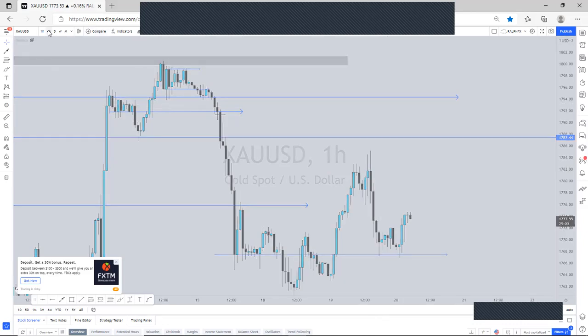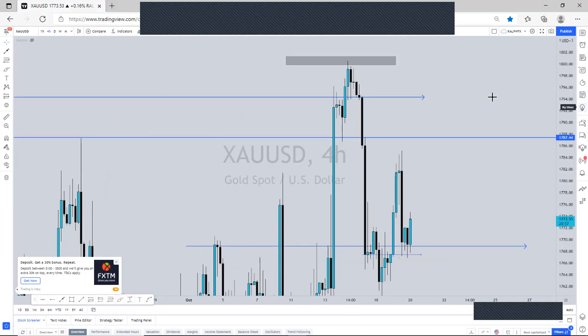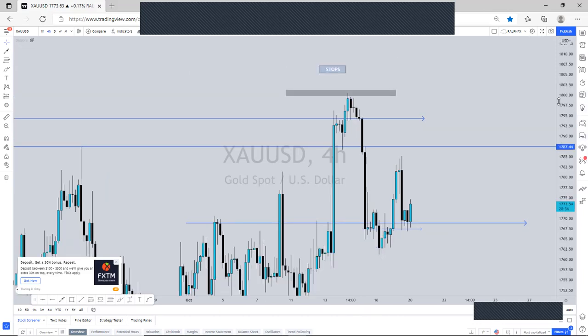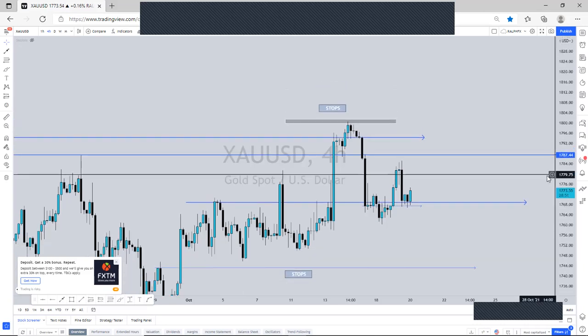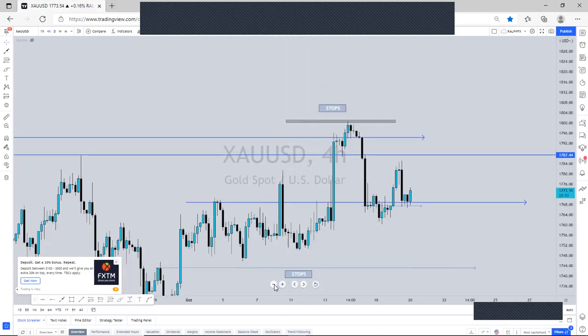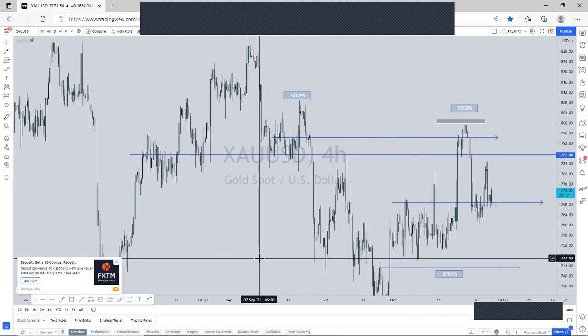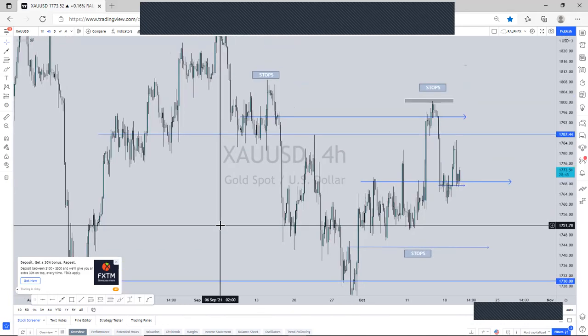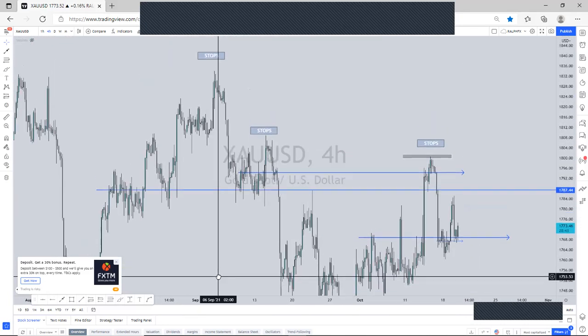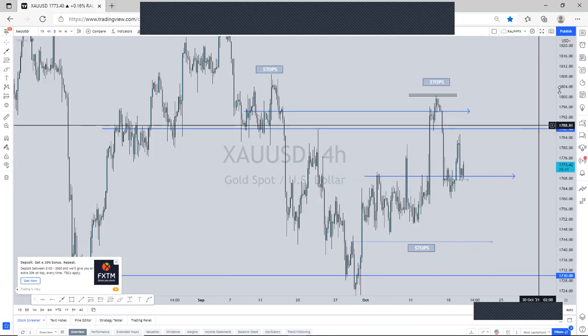On the 4 hour time frame. Yes. Okay, on the 4 hour time frame, real quick. Okay. Now, if you look closely at what's going on here,